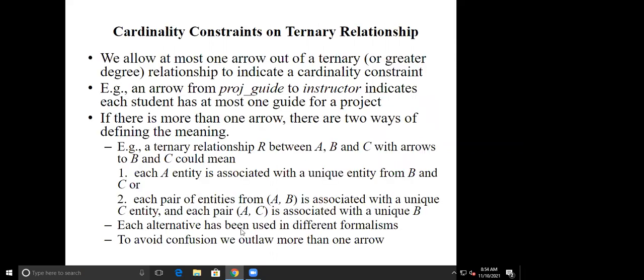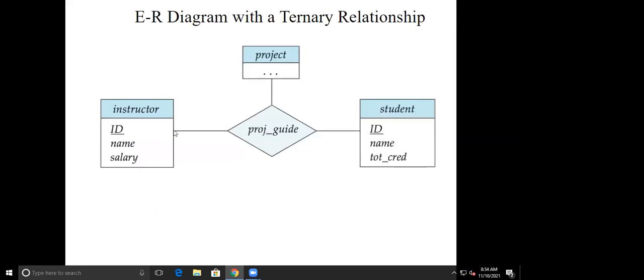So here the problem is that each A entity is associated with a unique entity from B and C. It means if I'm showing the one relationship of instructor, this gets applied as one to many relationship between project and one to many relationship with the student. Whether the problem is clear?